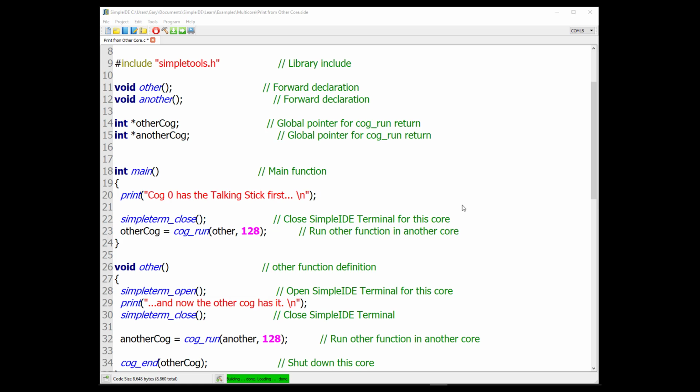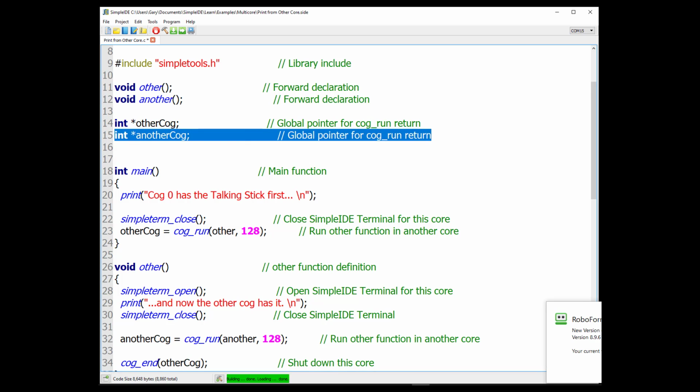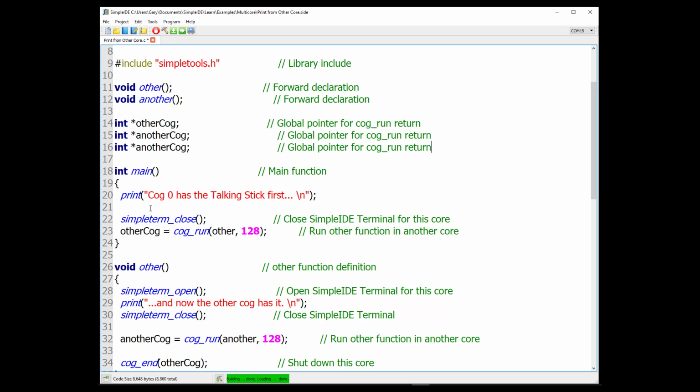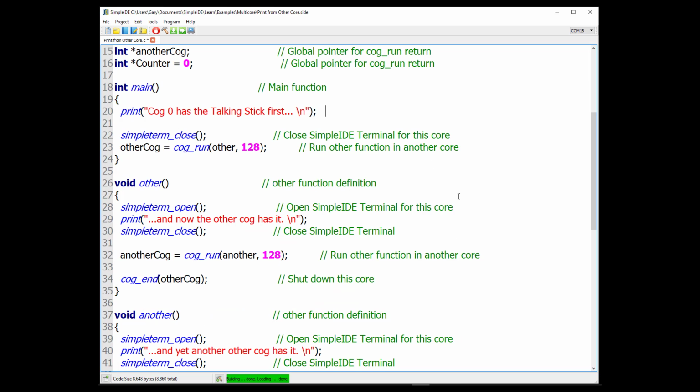Okay, let's start with the simple stuff. So let's add another global variable. And I'm just going to call that counter. That's going to keep track of our number. And let's go ahead and let's clear it to 0. Cool. Okay. And I'm going to assume that our